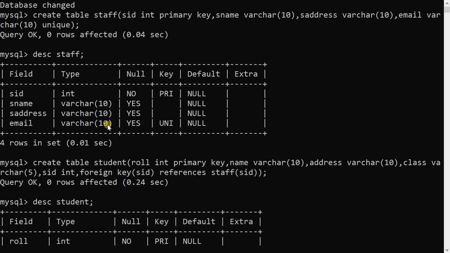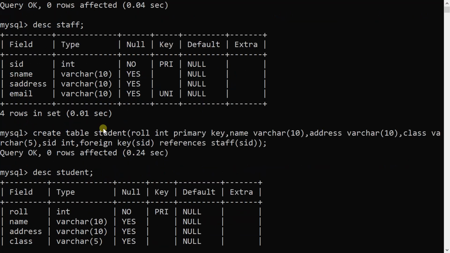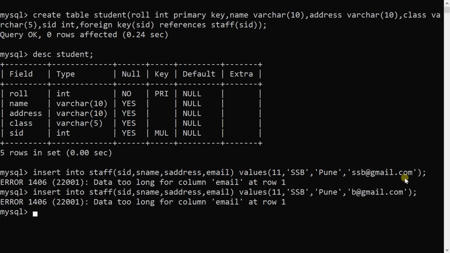I will use the alter table statement, which is a DDL statement: alter table staff, then modify email, and then the new data type. The data type will be the same, only we have to increase the size.